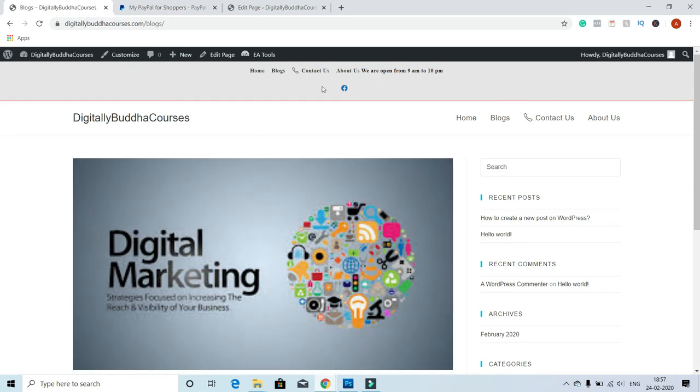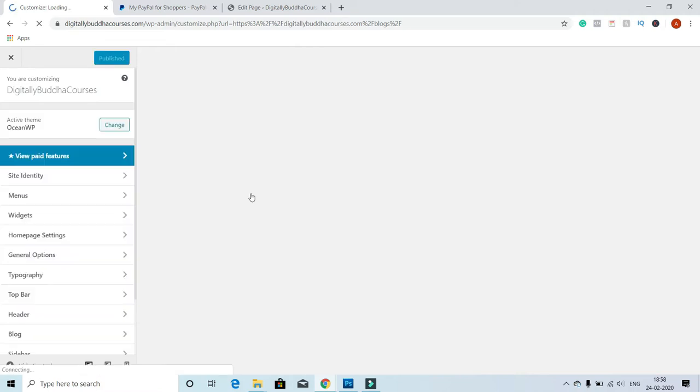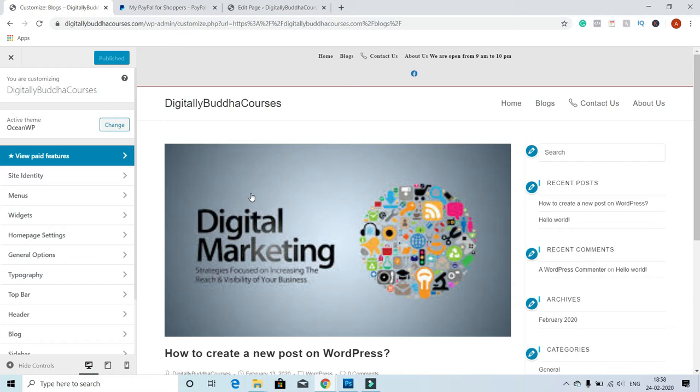And in order to disable this top bar completely, we'll have to go to customize, and any change made from customize is a permanent one, and it is applied by default to each and every page. And this is another very powerful concept, because we'll tell you how in certain pages you can use the transparent header and in certain pages you can use the normal menu. Now these are a bit advanced concepts and no one really talks about them. We are giving you this value and you can use it in different businesses, and how you can use this concept we'll tell you in detail, but understand that this is a very powerful concept.